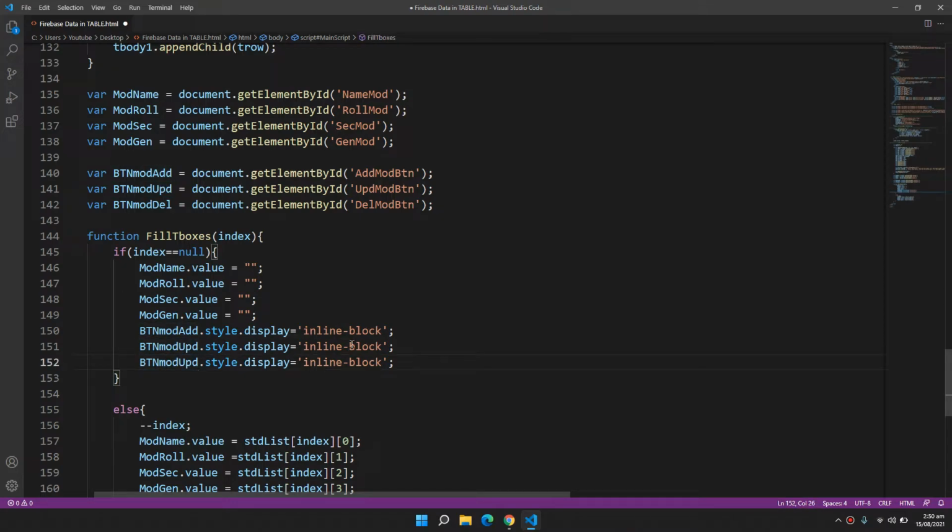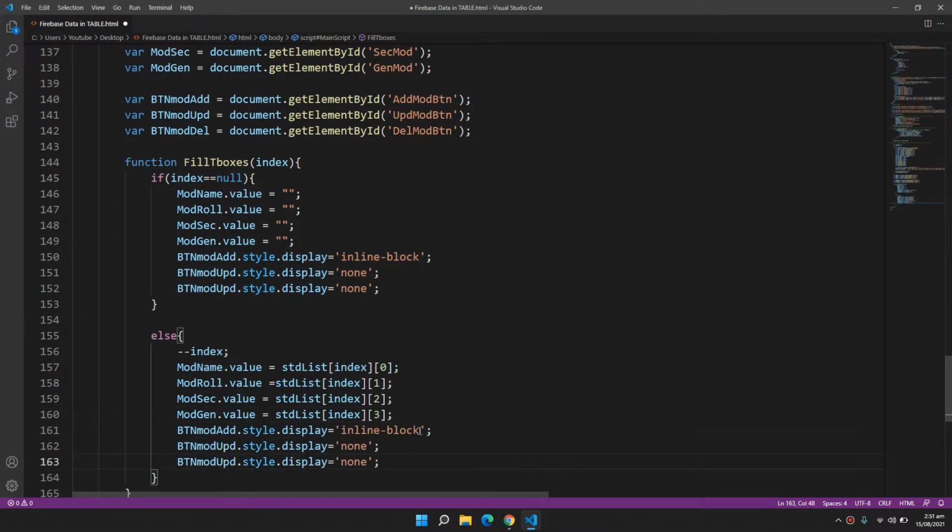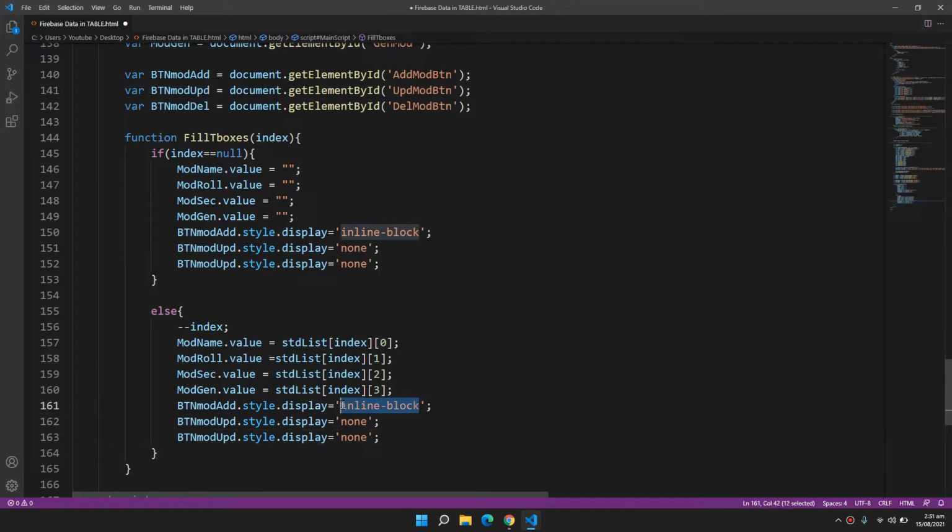So for them I will put the display to none, and the opposite will be done here. So these two update and delete buttons will be marked as inline block and the add button would be gone.